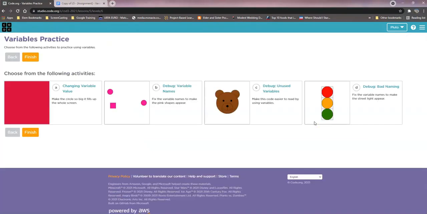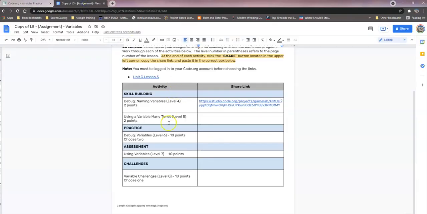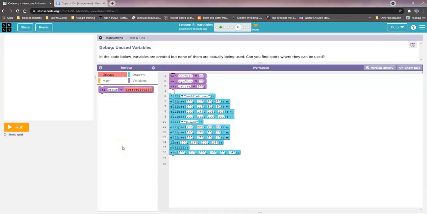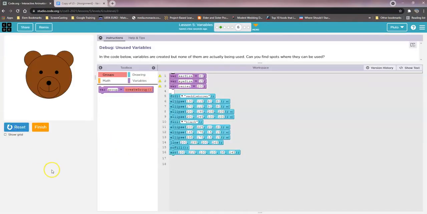Let's go to number 6. So the petals should be touching on the last one. This one, let's go look at the assignment here. It says choose 2 on the practice. So that means they're 5 points each. So you can choose 2 of these to do. It's up to you. If you check one out and you go, I'm going to go look at the one that's a bear, and you run it,